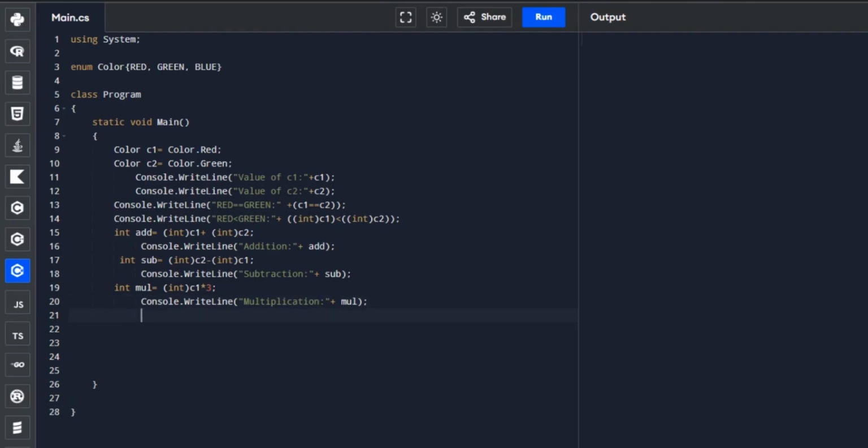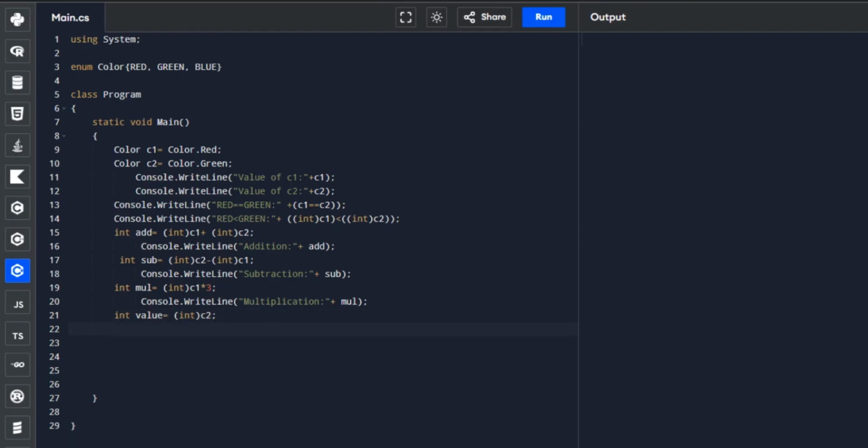Okay, next we go to our next operation, which is casting an enum to an integer. So let's consider int value equals. It's casting by converting the enum C2 to an integer and then putting it in the variable value.